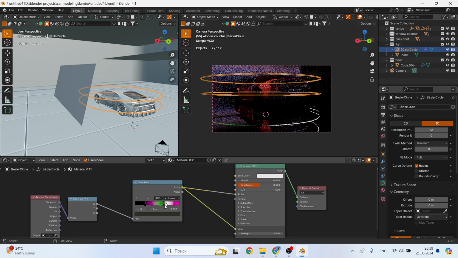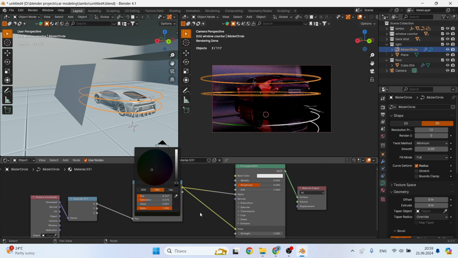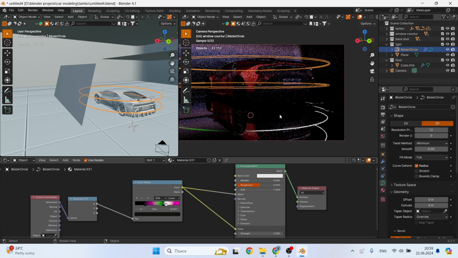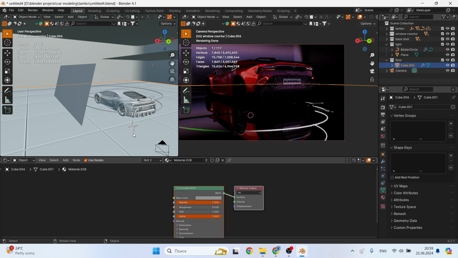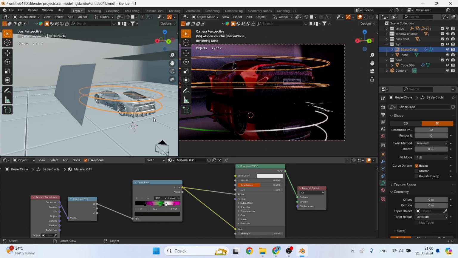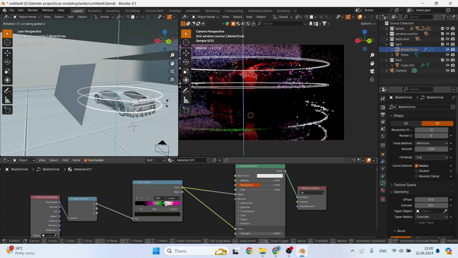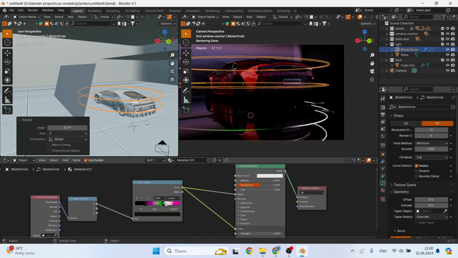In general, the main task is to make a beautiful reflection on the car. You also need to make these circles invisible to the camera. And when we have achieved the desired effect, we can move on.